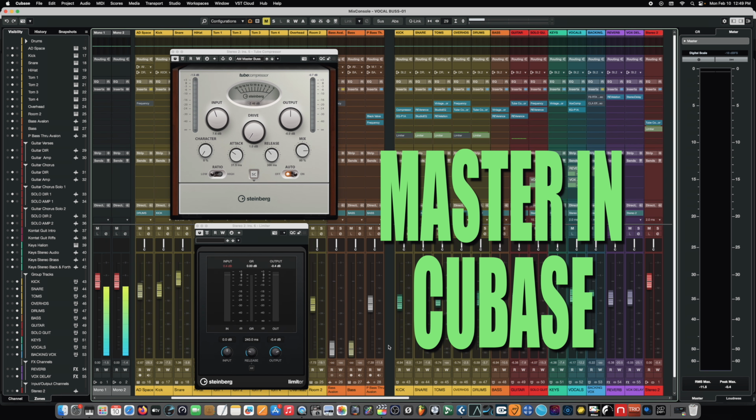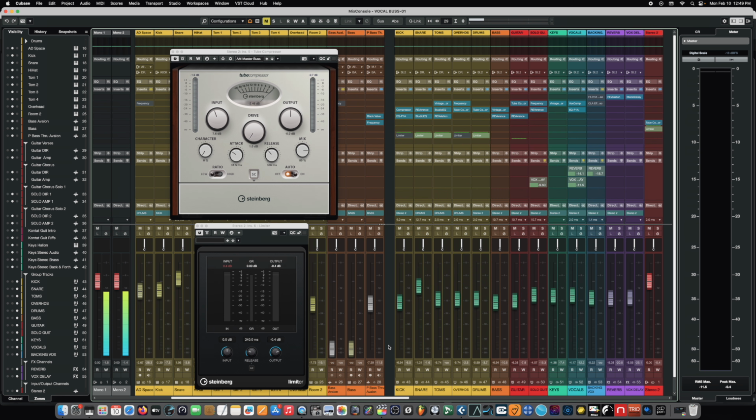We're going to try to maintain as much punch and dynamic range as possible, while also maximizing as much volume as we need to compete with streaming services. And we're going to do that by adding a few different things. If you look at the overall meter in Cubase,